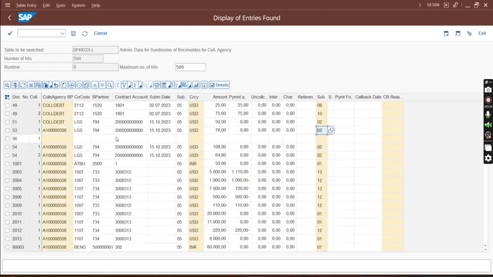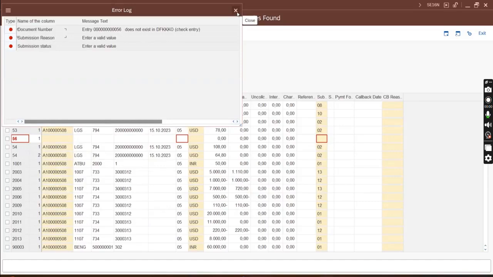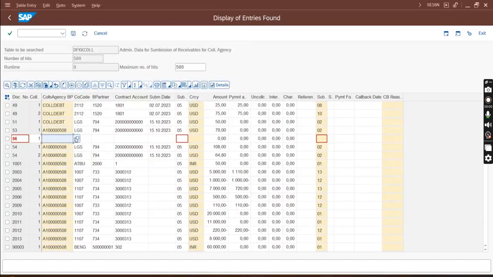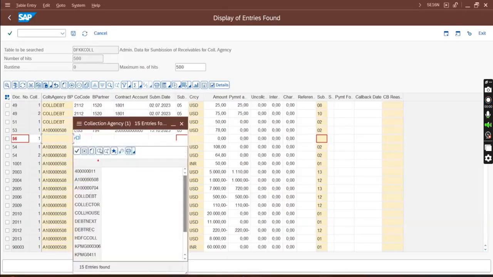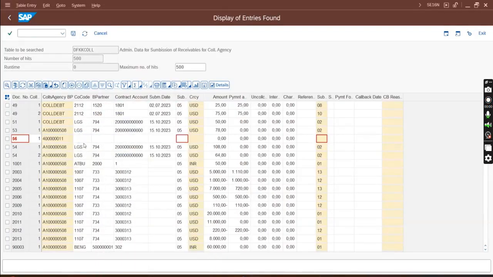That's a problem. Control Y will not work because all are editable. So one by one I have to copy. I'll just manually put something randomly. Say this is the collection VP, company code 0903, business partner 790 or maybe 794, document number